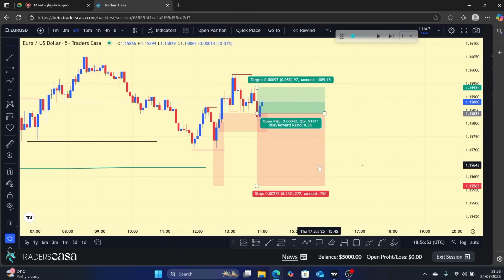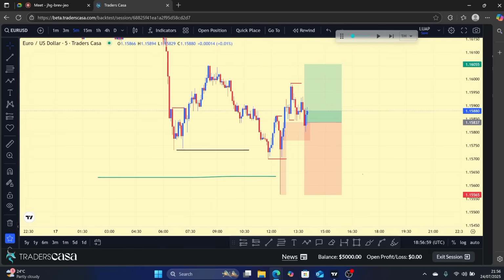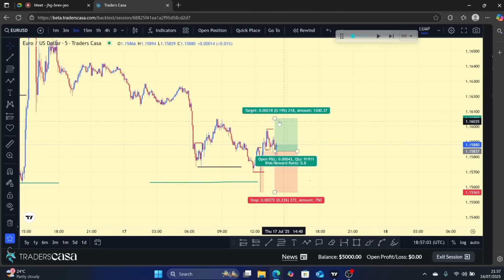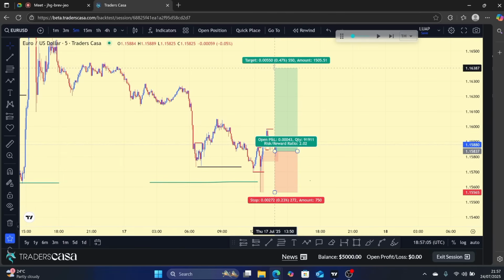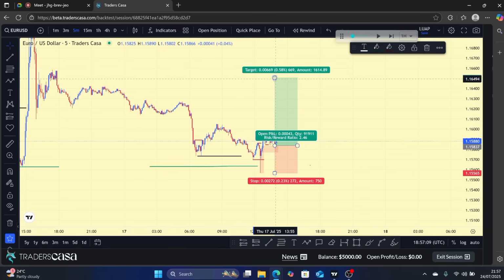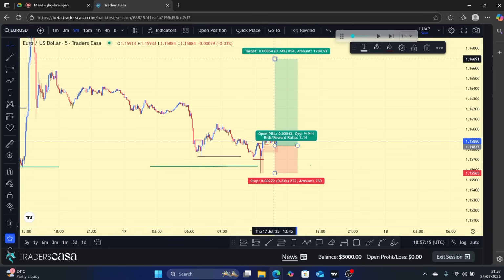And of course, the target now will be all the way to the higher time frame external liquidity. Or now this is where free will comes in. You can just target a 1:3. It actually depends on you. You can just go for a 1:3, a 1:2. Most of you guys prefer 1:3. They usually set a 1:3 as their fixed RR, but